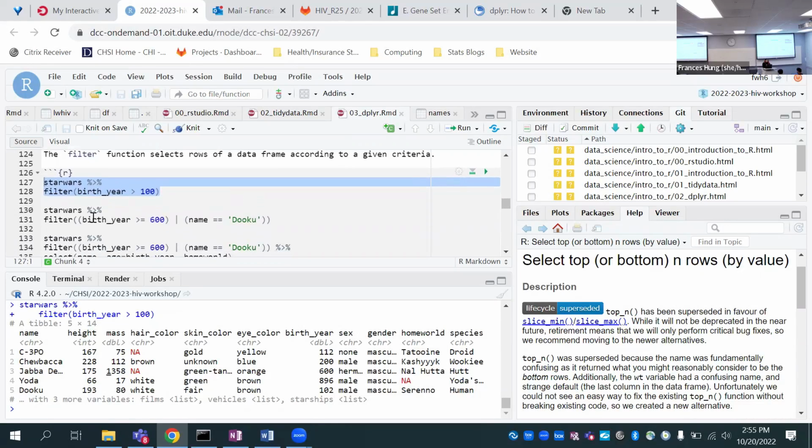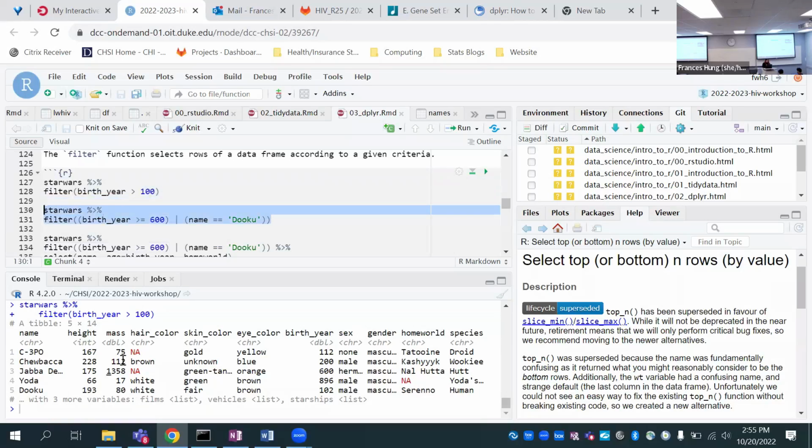So we can filter on more than one condition. You might remember last time we talked about using or, which is the straight line, and and, which is the ampersand symbol. We can do that in filter. In this case, we can filter so that birth year is more than or equal to 600, or the name is Dooku.